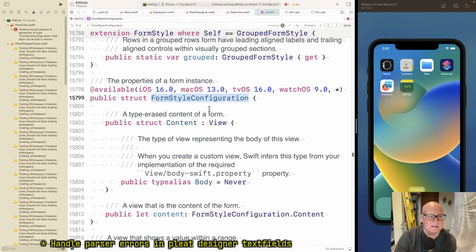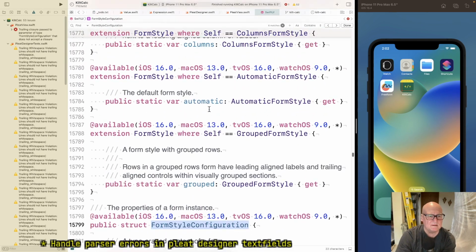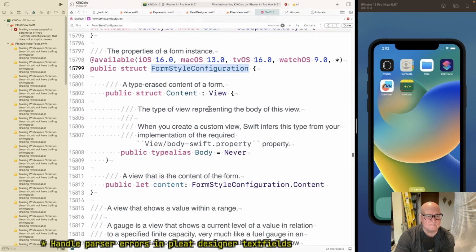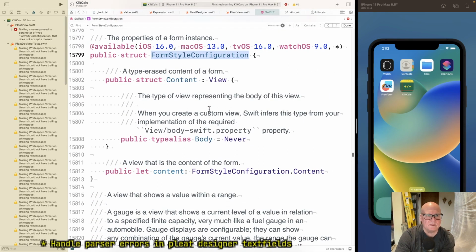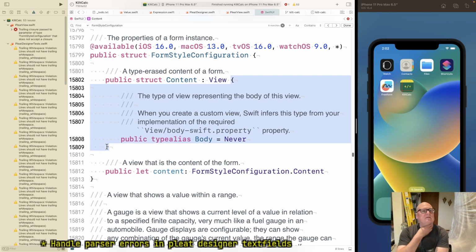I don't know what this means. The form style configuration has a public struct with a type alias of never, content of view.